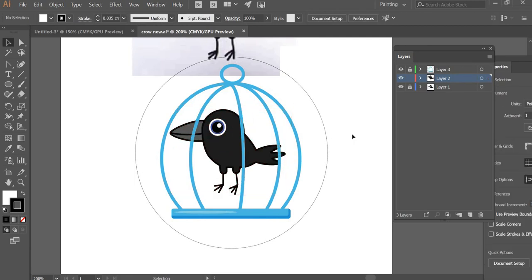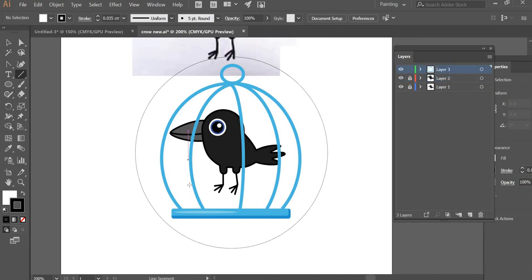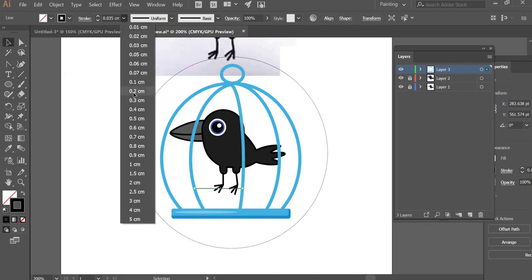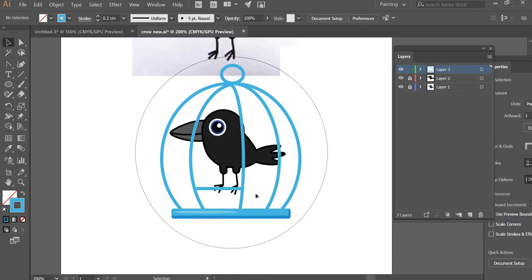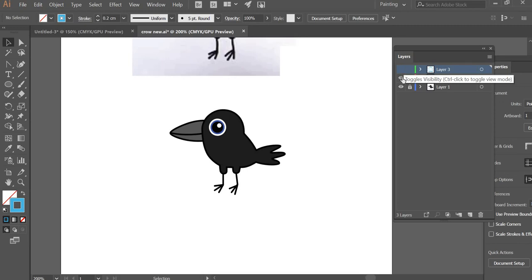Okay, so the crow looks good. Now we don't want the crow to hover in air, so we can lock him, and then we can give one line for the crow to hang on to, to sit on. Okay, and that's going to be too thick, and we can use the same color as the cage, so the crow will have a place to keep his feet. So we will then print this one,